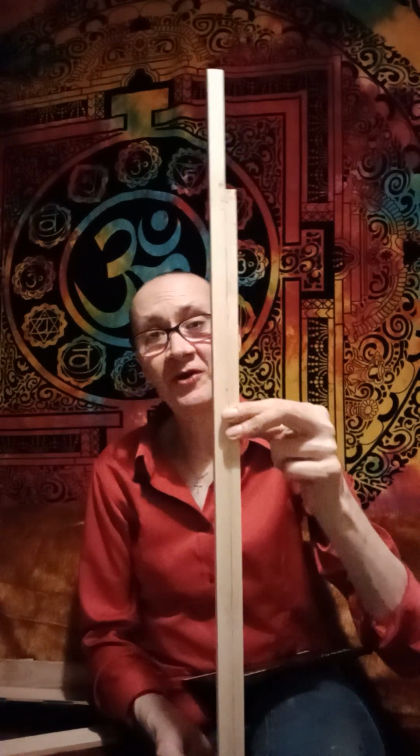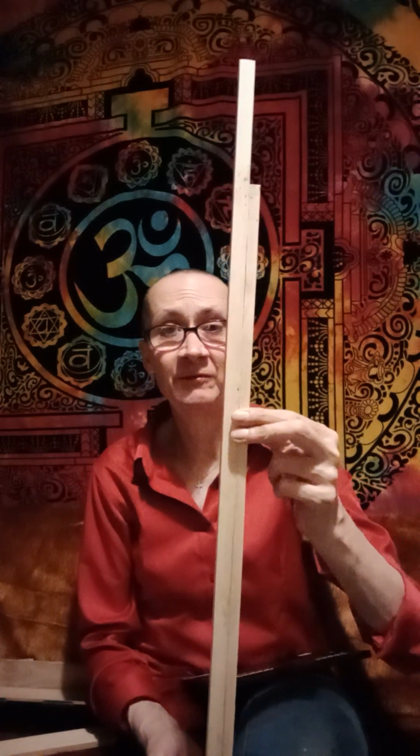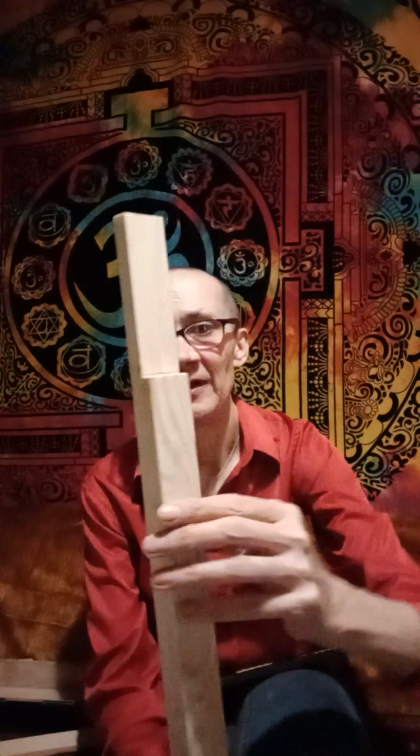So briefly, I did make a new neck. This one was on the bench at 6 AM this morning, and it came off the bench about 6 PM this evening. So 12 hours on the bench, and there's the neck, as you can see, headstock's in place. That's the centre part,